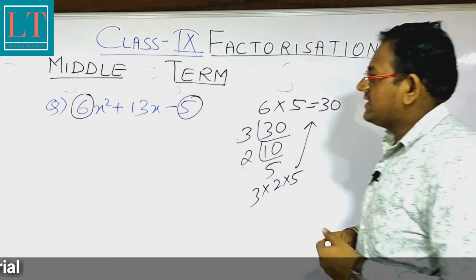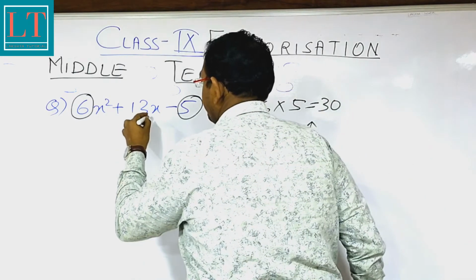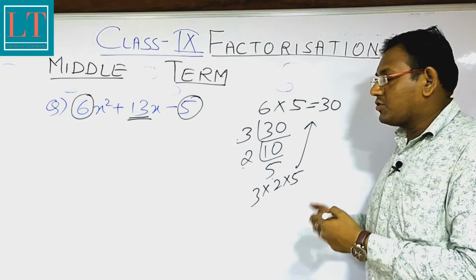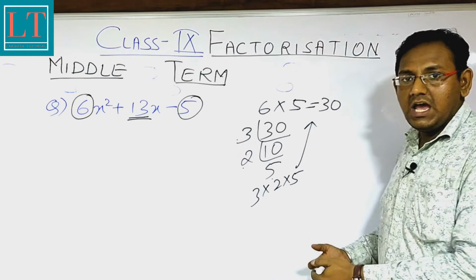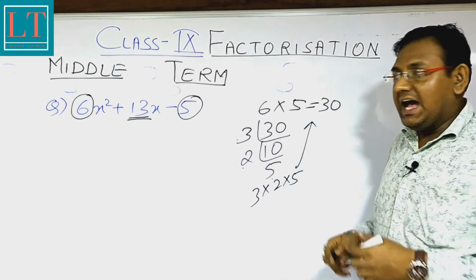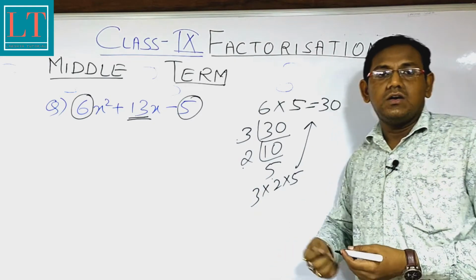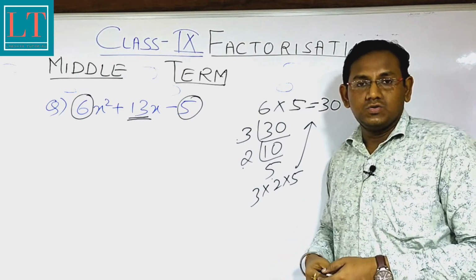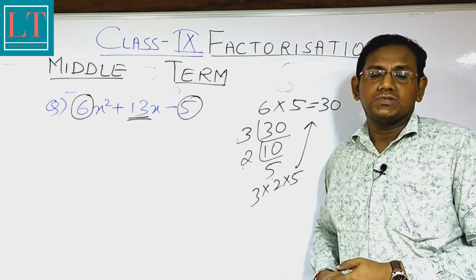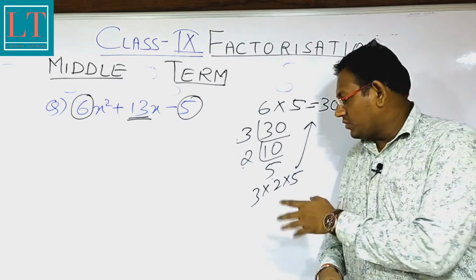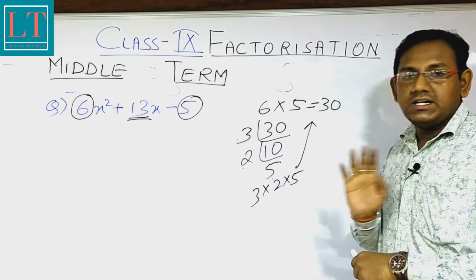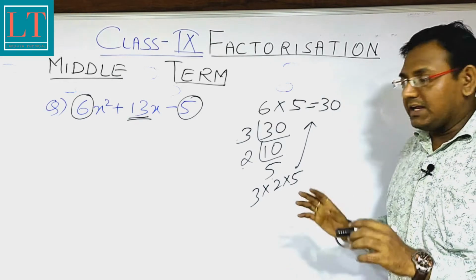Now the most important thing to understand is that in the middle we are getting 13 over here. Now we need to think about two numbers. That means we need to think how we can form two numbers from these three numbers, and then by doing the difference or the addition of those two numbers, we should get 13. Now there are multiple options to form two numbers from these three numbers, so let us check out all the different options.